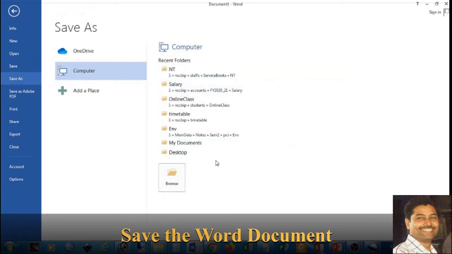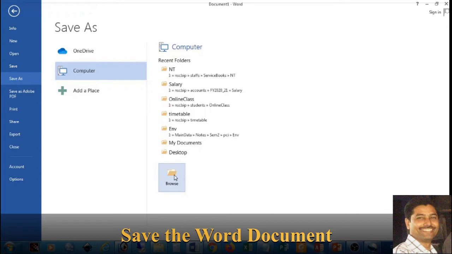Now here one advice is, don't choose desktop or my documents, anything like this, because these folders are actually present in C drive. Now if you are unlucky, then someday you may have to format the C drive. In that day you will find that all your work has been lost.